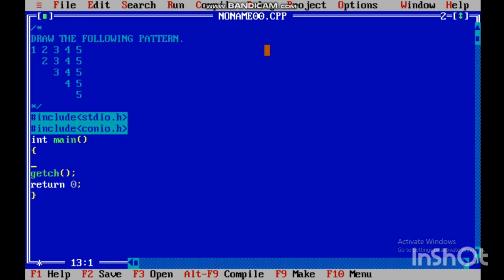And here we will use the getch function to hold the output screen. If you are using Turbo C then it is mandatory to use the getch and clear screen function to clear the screen. And now we declare integer type variables i and j,